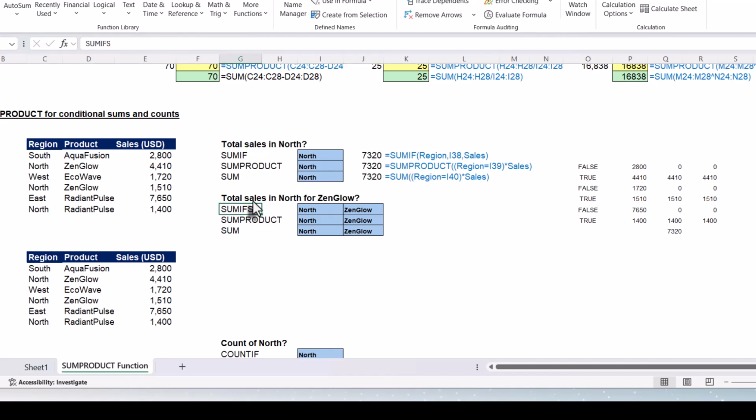So in this second example, we have two criteria. We want to find the total sales in North and for the product Senglo. So here only we had the North criteria. The region should be North, but now we want the region to be North and the product to be Senglo. So we can't use sum if because there's multiple criteria. So we can use sum ifs. So first we will use the sum ifs